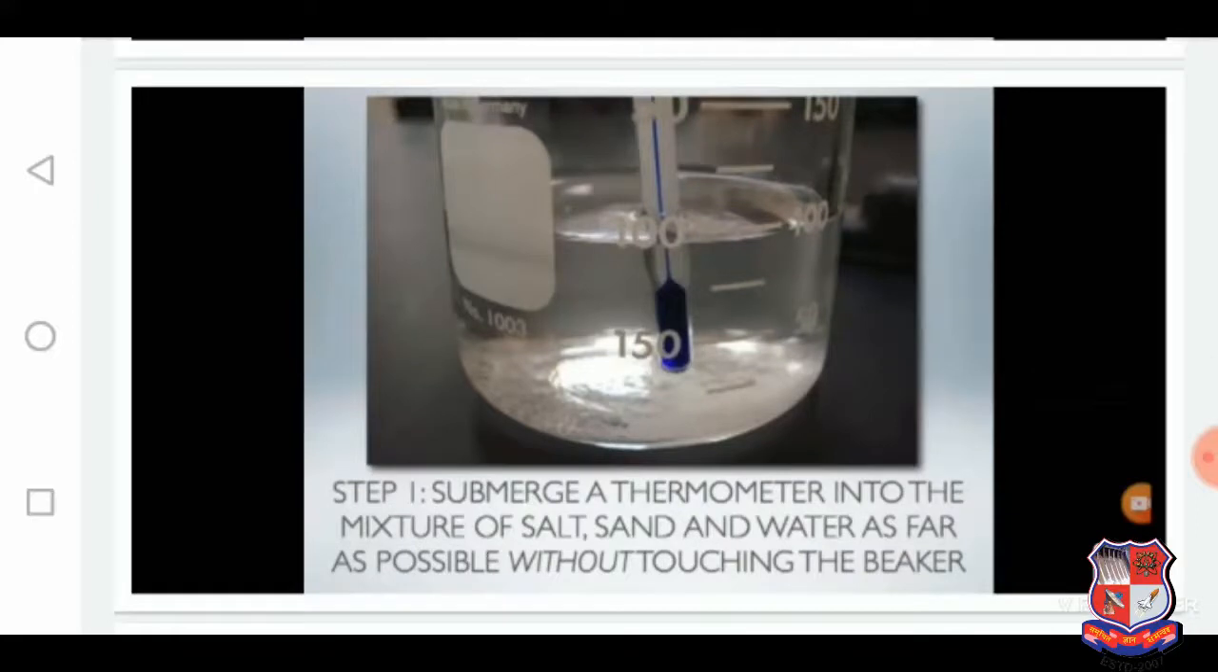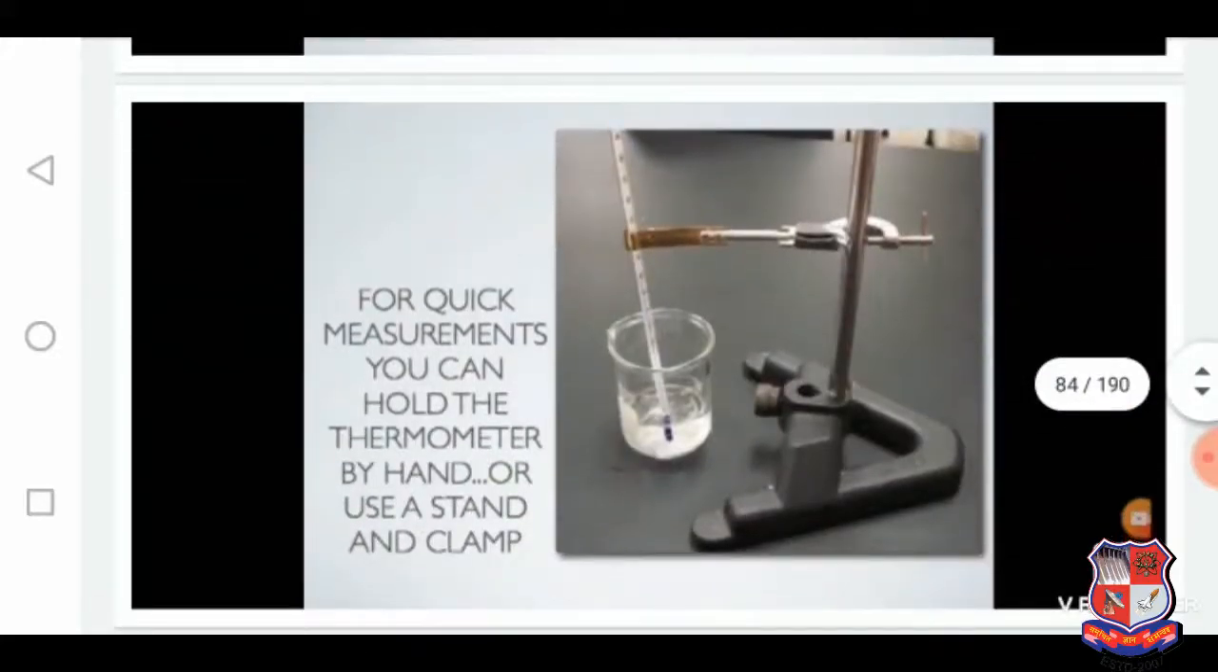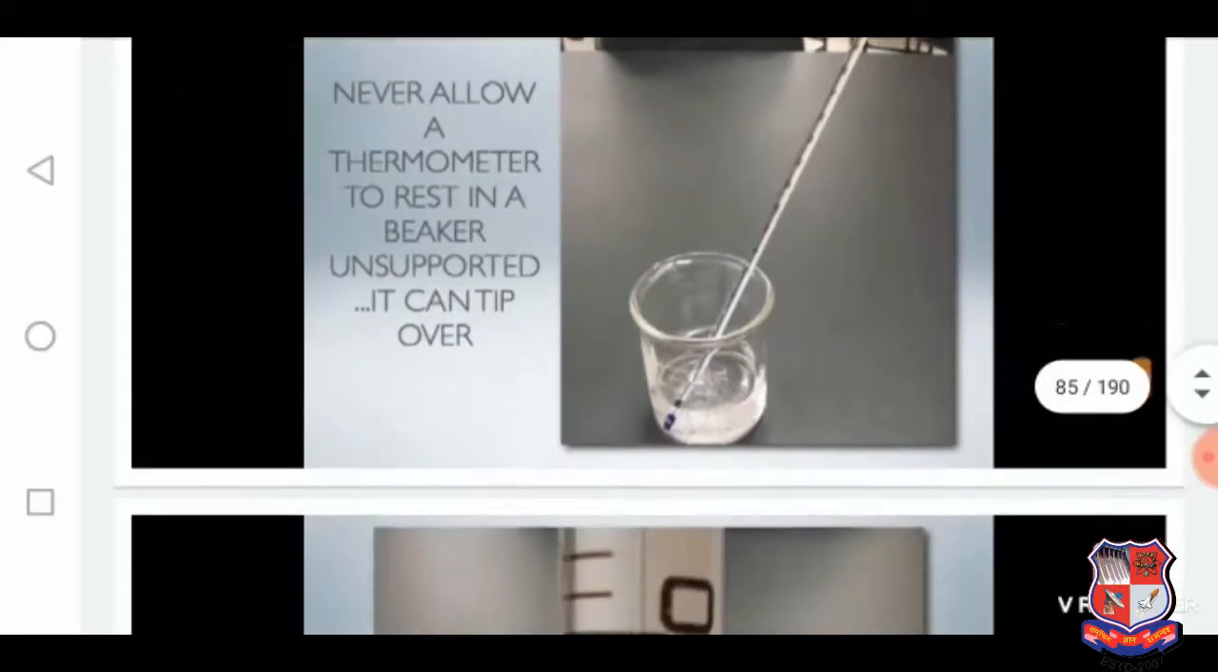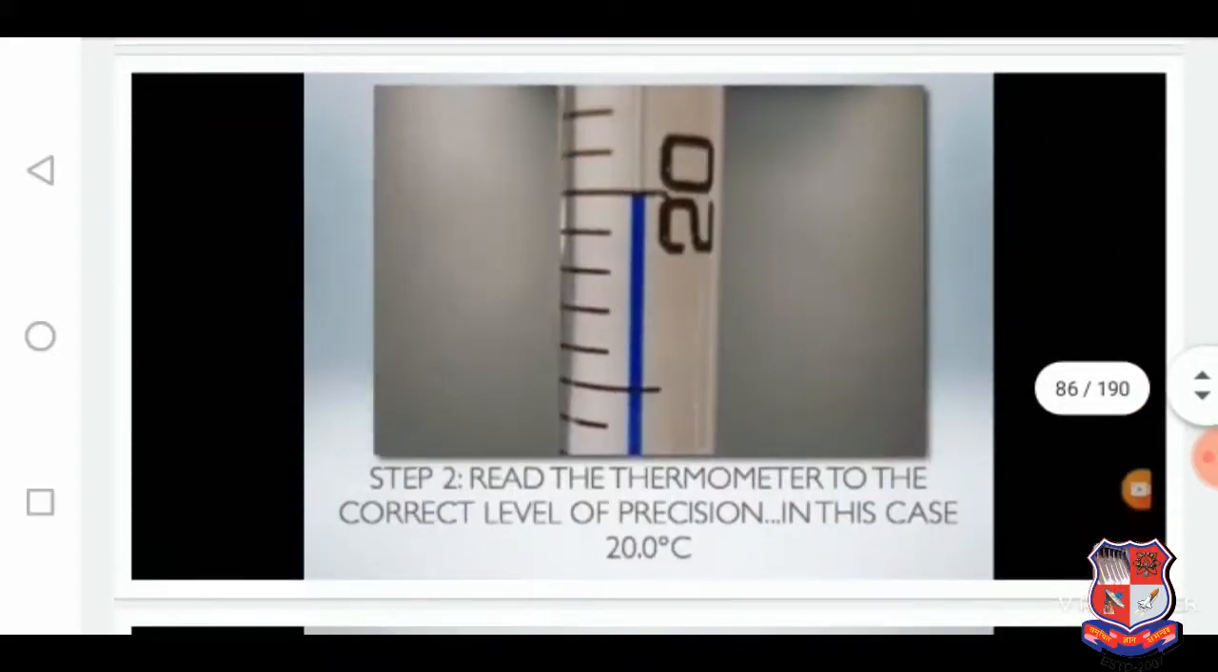In step number 1, submerge a thermometer into the mixture of salt, sand and water as far as possible without touching the beaker, and that is the main requirement. For quick measurements you can hold the thermometer by hand or use a stand and clamp. Never allow a thermometer to rest in a beaker unsupported, it can tip over, and this is the most ideal requirement. Safety consideration in step 2, read the thermometer to the correct level of precision, in this case 20 degrees